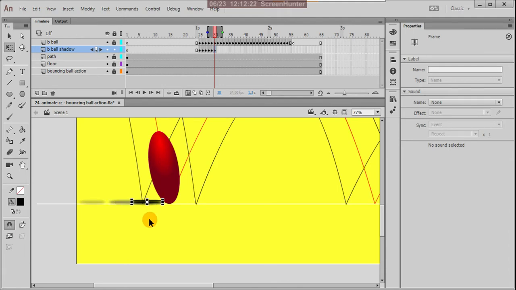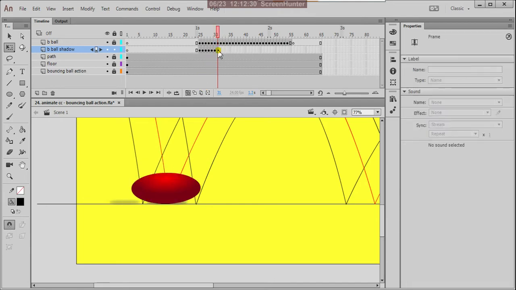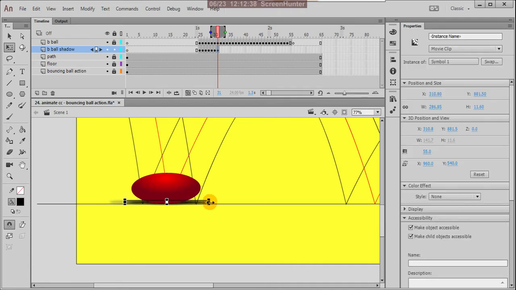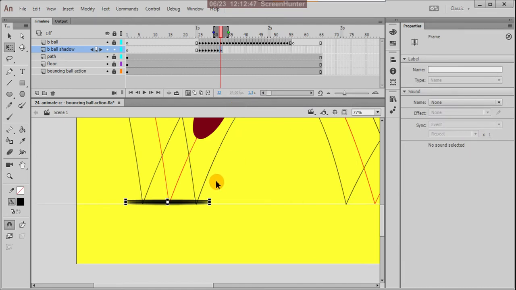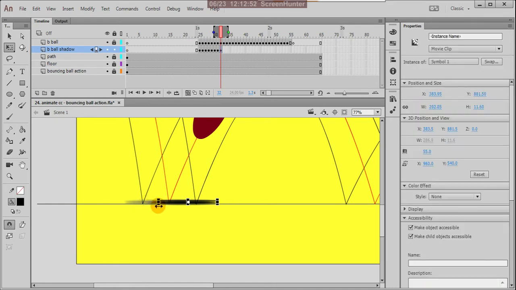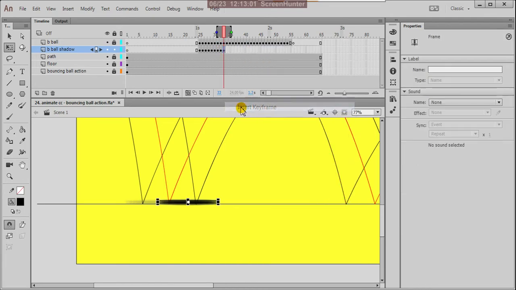Then you also have to move your shadow up to there. Again extend this, yes, right, then again right click and insert keyframe. Okay, so it is there only, but you can stretch this more according to that ball size, and you can right click here, insert keyframe again, and move this a bit right and decrease the size also, and right click here, insert keyframe here.